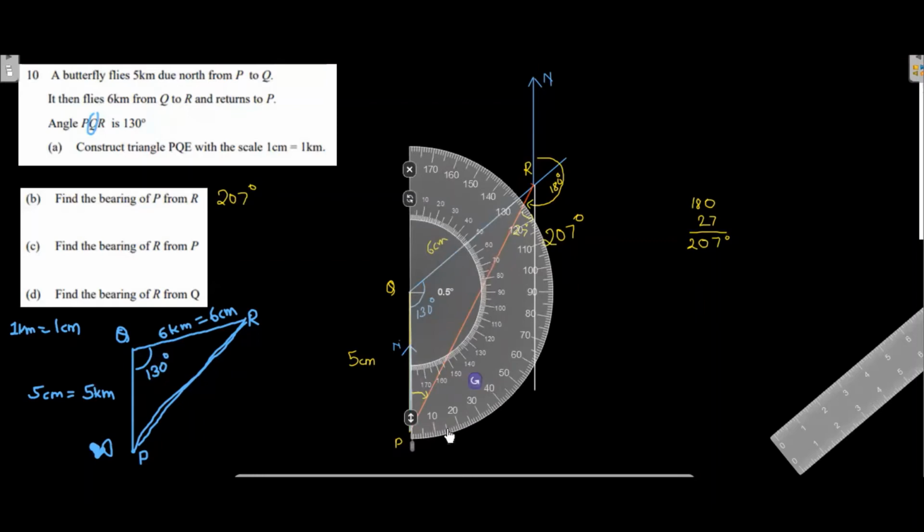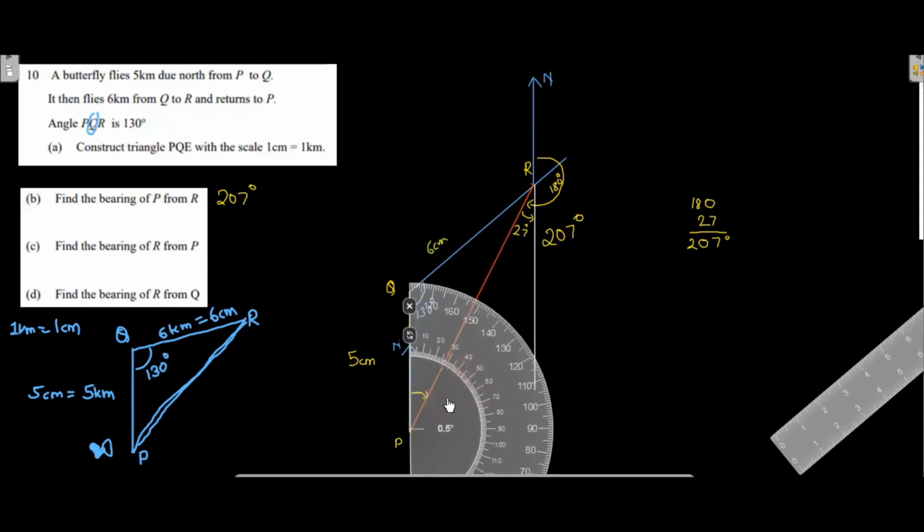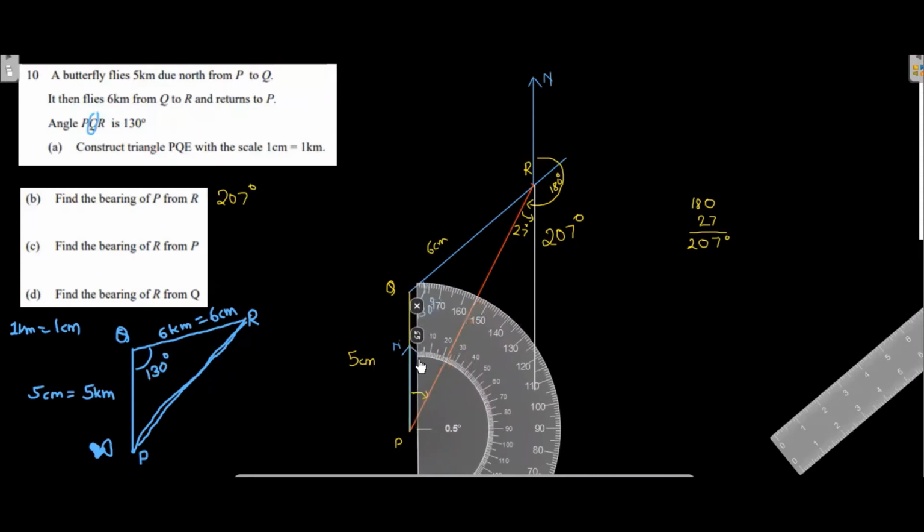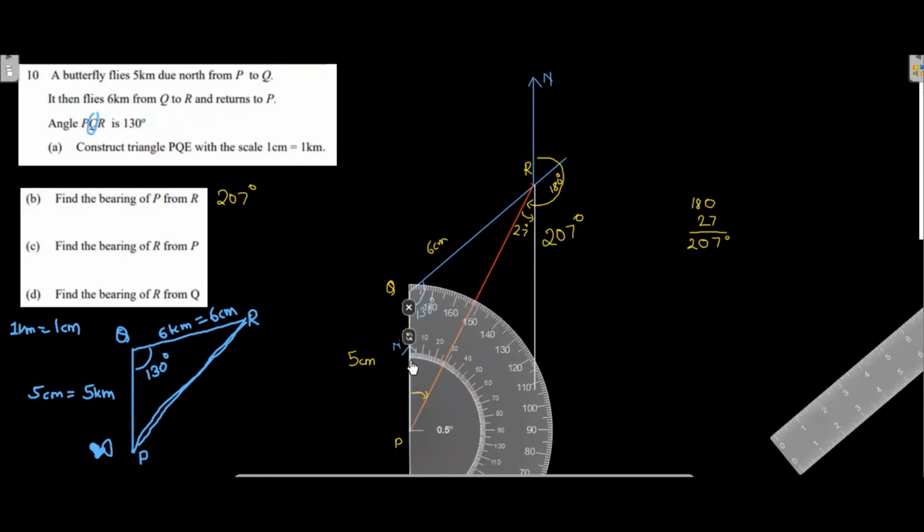If you see, you can see the yellow angle here. How much is this one? You have to keep it down here. From here you can see 10, 20, it is somewhat 28. I'm getting 28 degree, but you should not write it as 28. You should write it as 3 digits, that is 028. It should be 028.